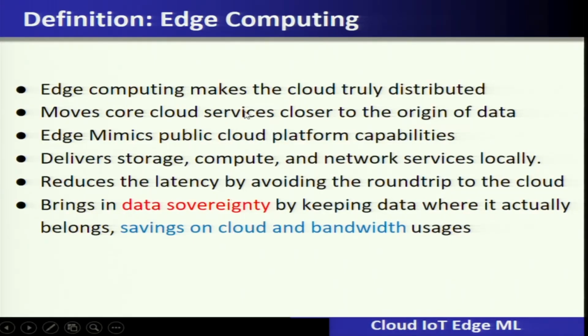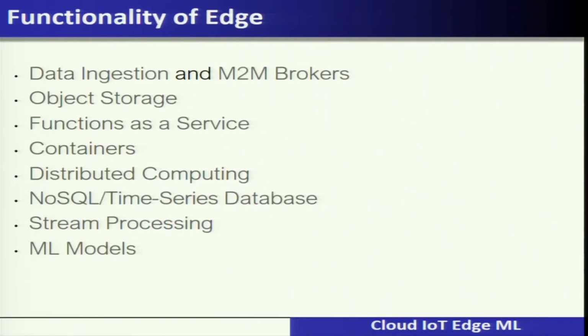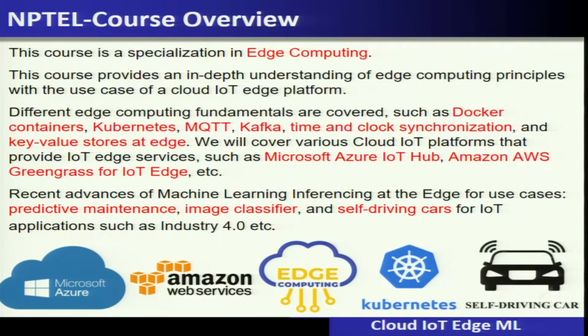Edge computing will make the cloud truly distributed, moving cloud services closer to the origin of the data. The edge often mimics public cloud capabilities, delivers storage, compute and network locally, reduces latency by avoiding the round trip time incurred in the cloud, brings data sovereignty by keeping the data where it actually belongs, and saves on cloud and bandwidth usage. The functionality of the edge is very similar to the cloud, which is expressed here in this part of the course. This course is a specialization in edge computing,